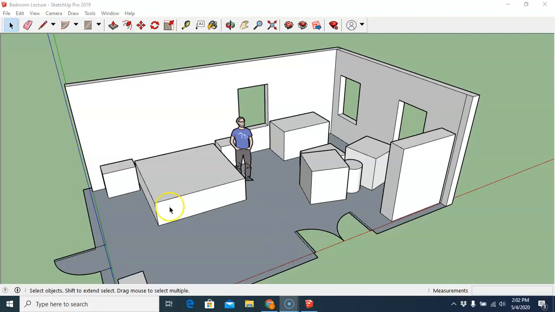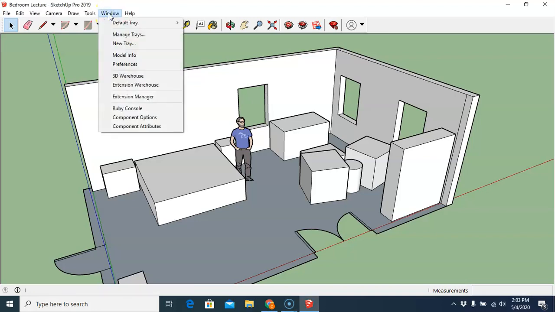So this is where we left you from our last drawing with our bedroom. And so now what we want to do is separate out our drawing so it's easy to get back to a specific drawing that we have set up, or its specific view of where we were at. The first way that we do that is you have to go up here to the top and select